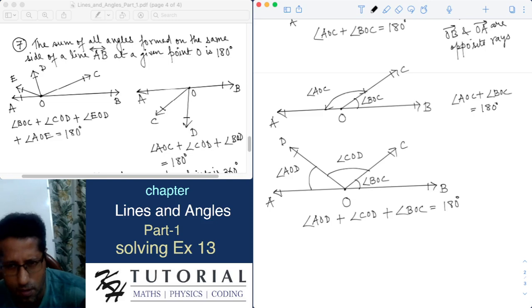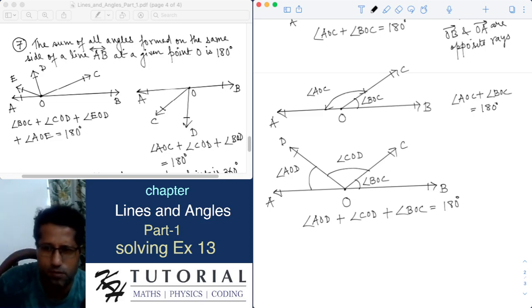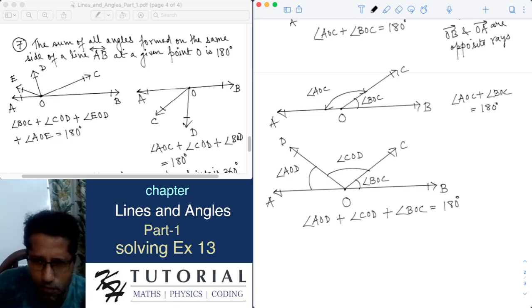This is because when the first ray OC was dropped on the line, it created two angles, angle BOC and angle AOC, and from the definition of a linear pair of angles, angle BOC plus angle AOC equals 180 degrees. (1)